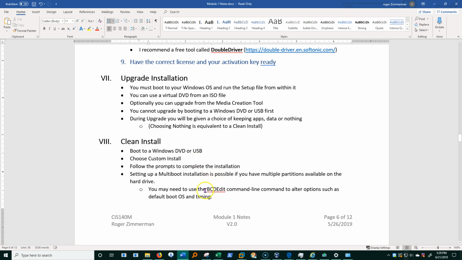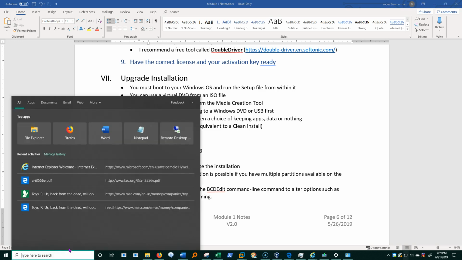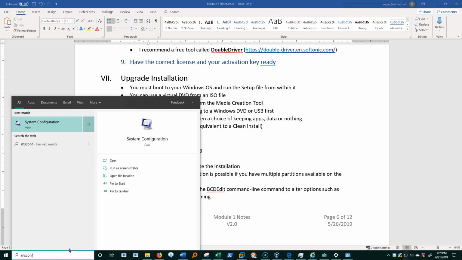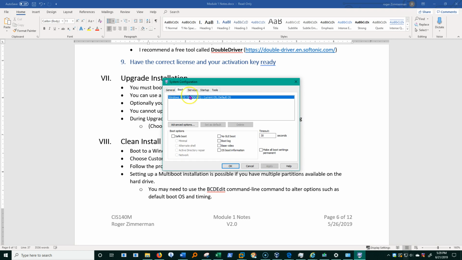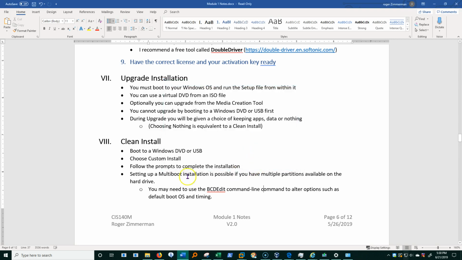That's a little bit deeper than we need to go into for this section, but I wanted to at least show it to you and make you aware of it. There's another way I could do that, by the way. If I go to something called the system configuration, I type msconfig there, and set up boot, I would see more than one here, and I could set one of them as a default. I could set my timeout and how they boot, and several options there also if I had a multi-boot situation.